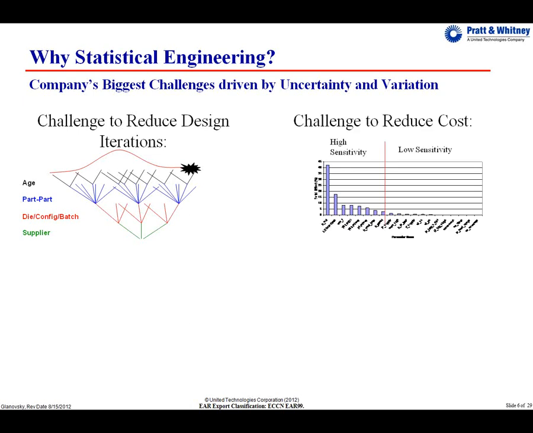Then there was the challenge to reduce cost. Of course, this is everybody's problem. But in specific, it occurred to us that a lot of decisions in Pratt & Whitney are made by careful analyses and computer models, but there are still some things, some ideas, which we base on our 100 years of experience in the industry. Things that we may never have, or if we have, we don't know, taken to the test bench and proven. Ideas about what really is important to a design and what isn't.